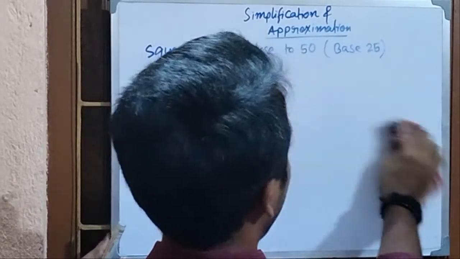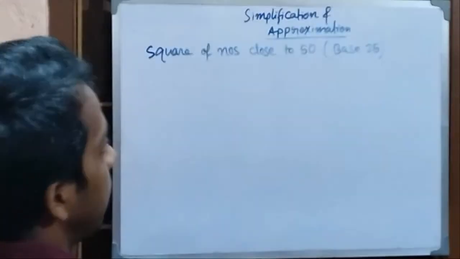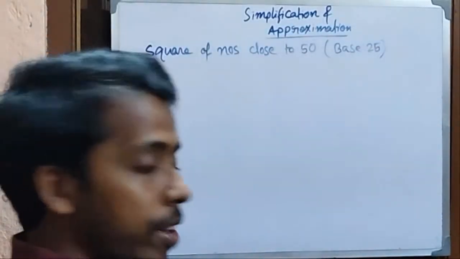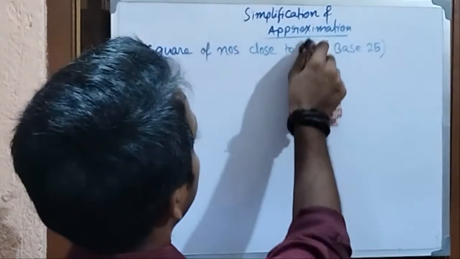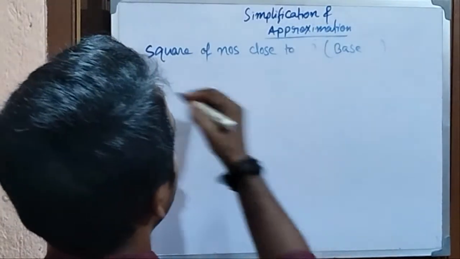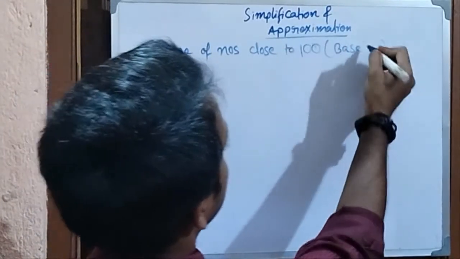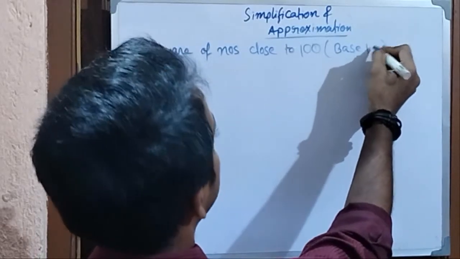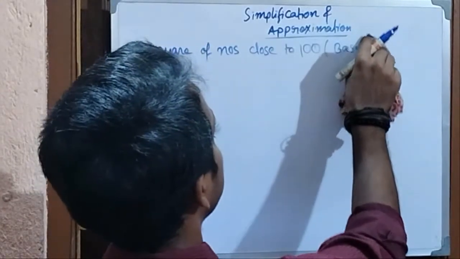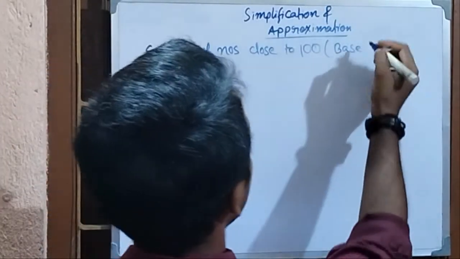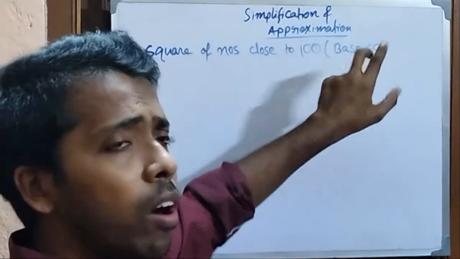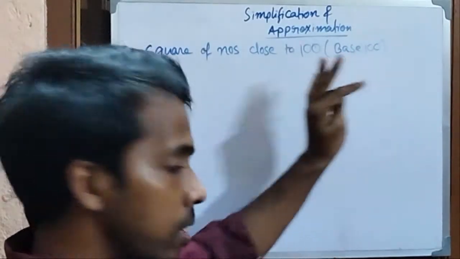This kind of stuff I am just doing slowly, you can say, but after a number of practice you will get it very easily. And here the base would change in the case of finding squares of numbers close to 100. Here the base would be 100 itself, or you can say there is no base needed actually. See how it is happening.